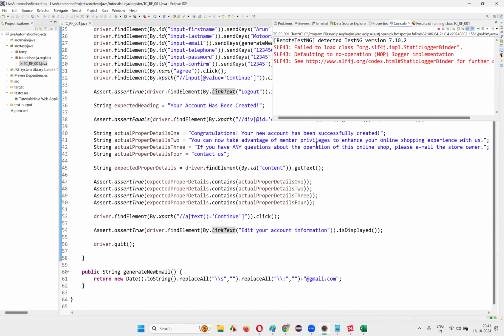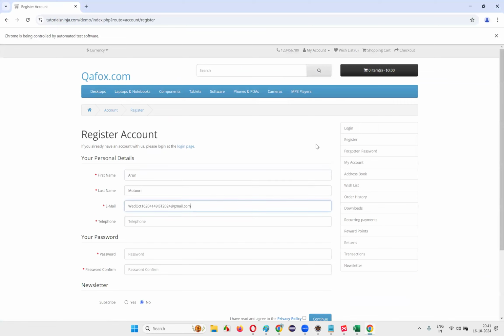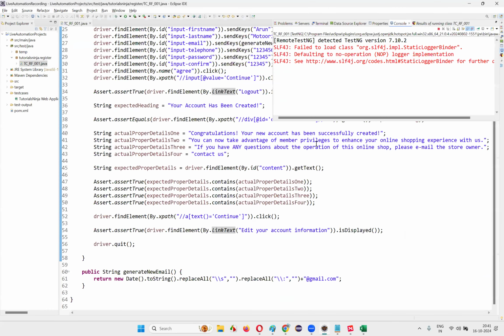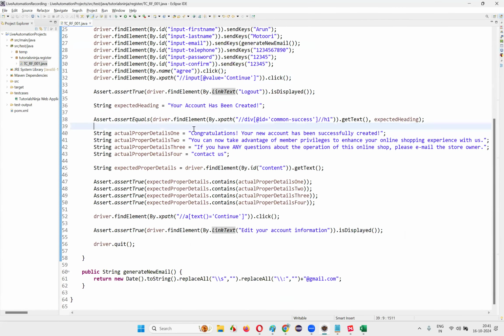You see, what is the test case that we have automated here? We can see that here. It will open the browser, maximize the browser, open the application page URL, and register the account. Once the registration is done, you see, the test is passed. This is only one test case we have automated. Like this, we are going to automate initially 500 plus test cases.